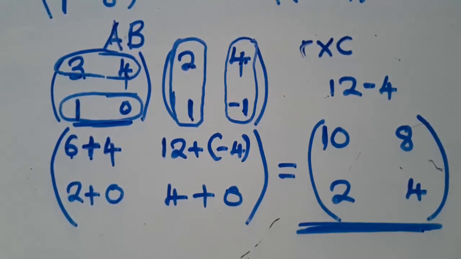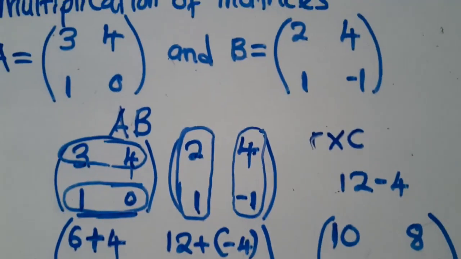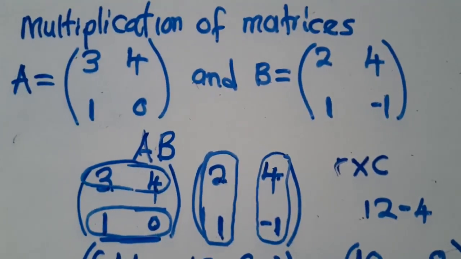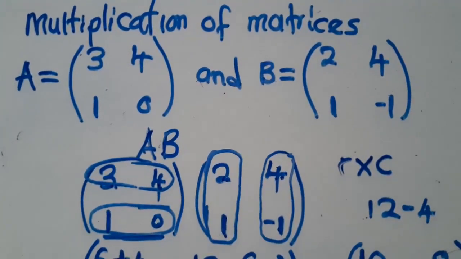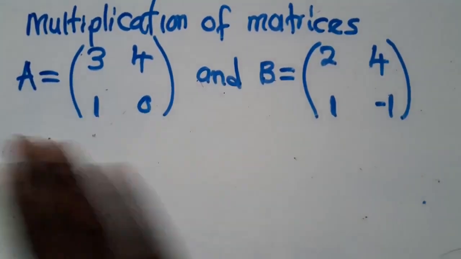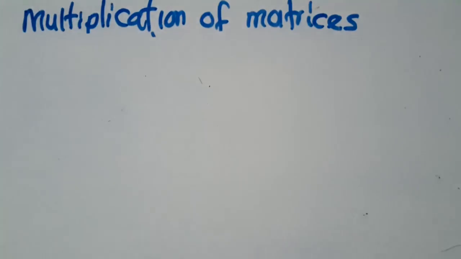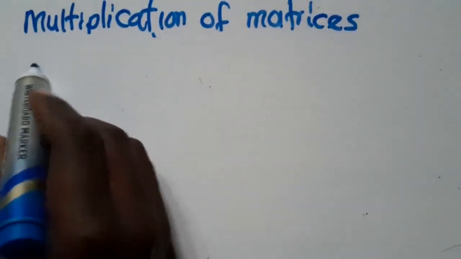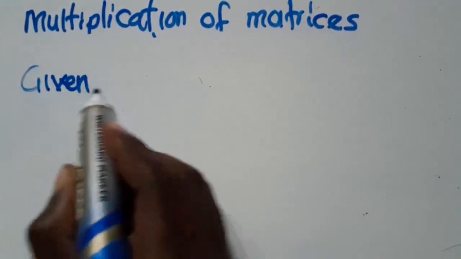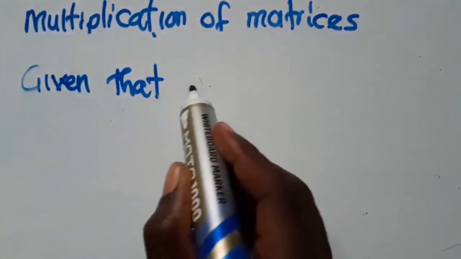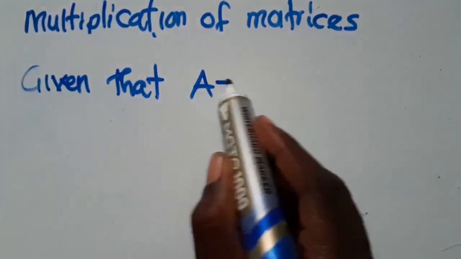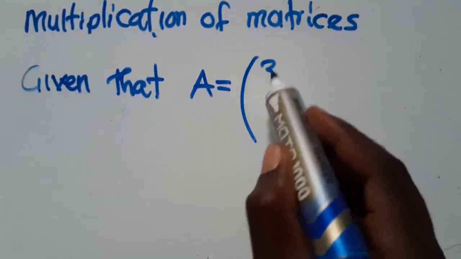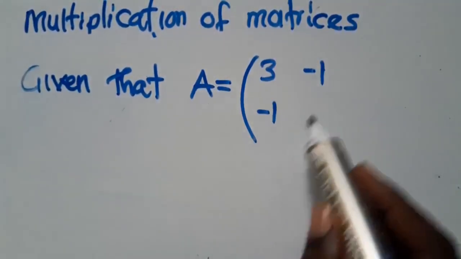Let me now give you a simple exercise tonight that I want you to answer. This one is very simple. Make sure you go through it. So the first one is, given that A is equal to 3, -1, -1, -2,